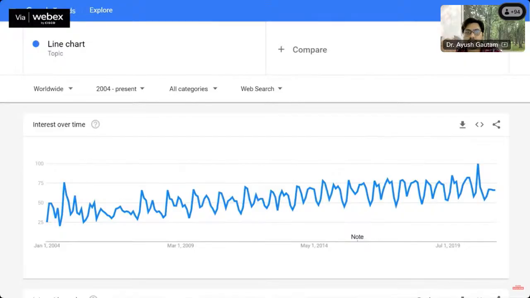Okay, and it is continuously changing with the time. So those kind of charts are called the line charts. Okay, so there is a continuous variation in the chart with respect to the time. Those kind of charts are called the line charts. Okay, so these are the basic kind of charts.